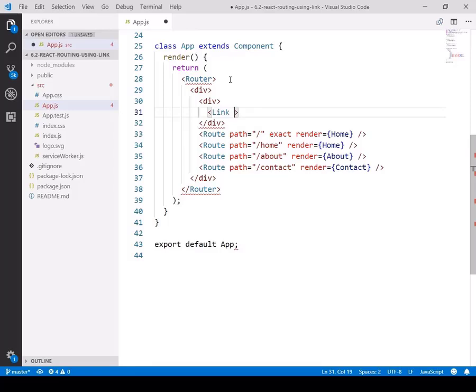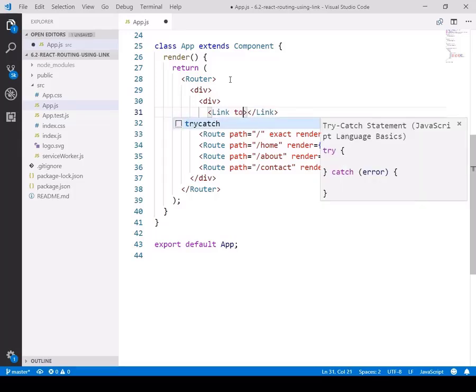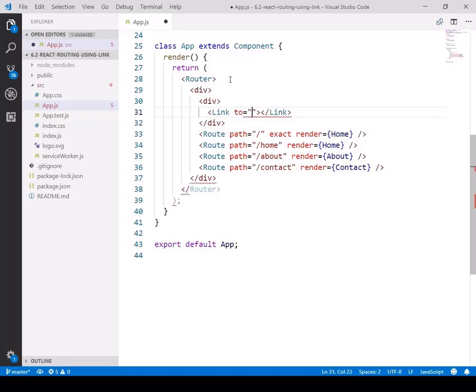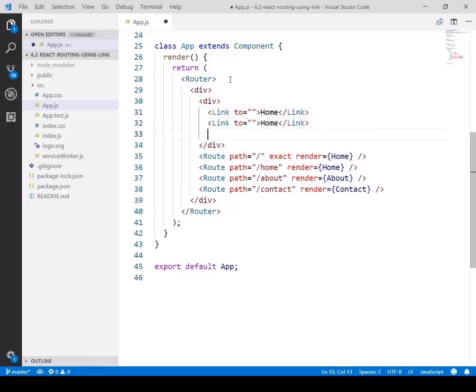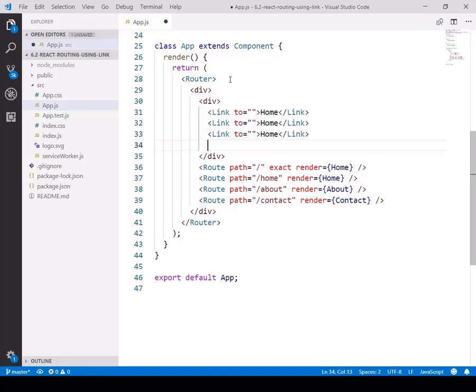This has to be a container tag in React. This has a property to, where we write to which particular route we need to navigate when I click over this text. For example, I write here links: home,